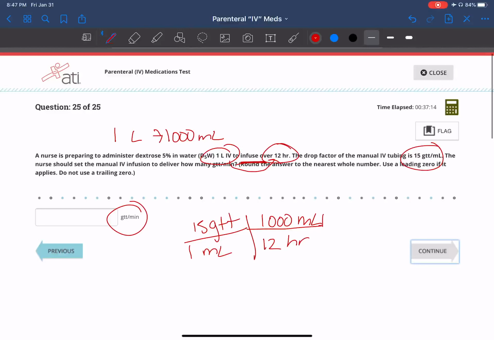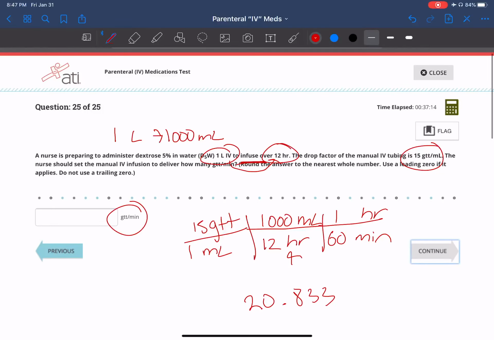But they want it in minutes. So let's convert our hours to minutes. We have an hour down here, so we need an hour up here. And we know 1 hour is equivalent to 60 minutes. So let's work our way through. 15 times 1,000 times 1 divided by 1 divided by 12 divided by 60. And it looks like we got